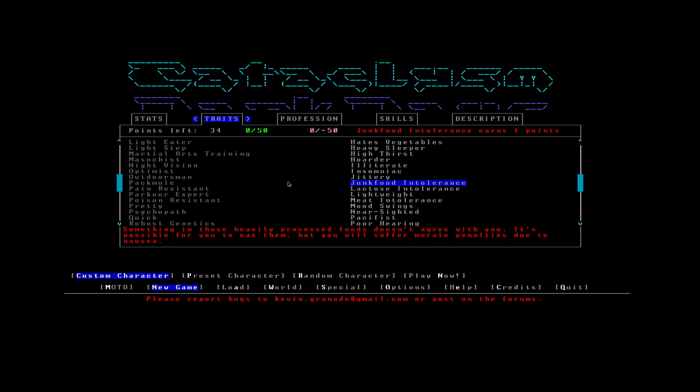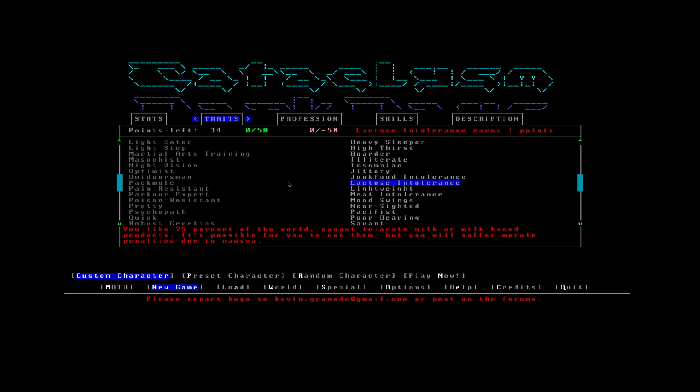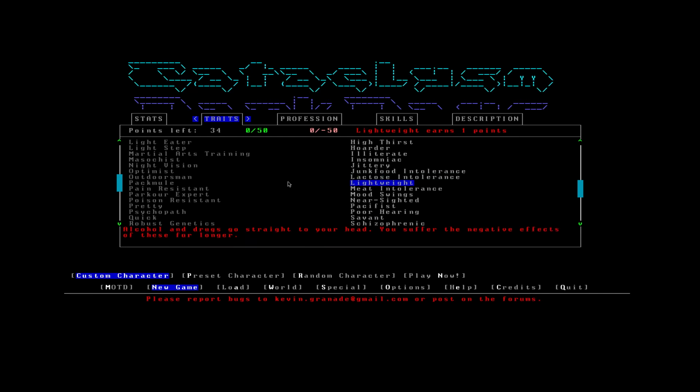Junk food intolerance. That's not too bad, but it's only worth 1 point anyway, so maybe not. Milk-based products. I wonder how... Milk, obviously, and cheese. Lactose intolerance. That might not be too hard, because I don't remember seeing much milk, and usually when you find milk, it's bad. I don't think you can farm animals yet in the game, so...